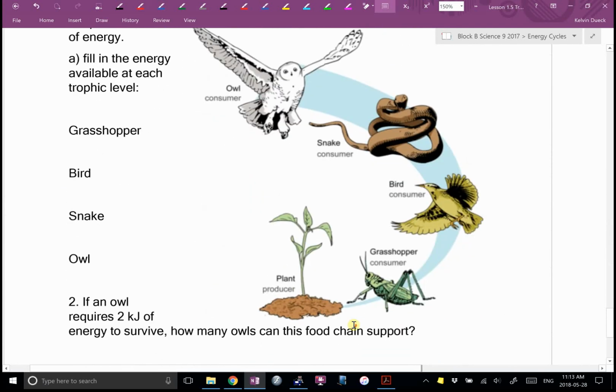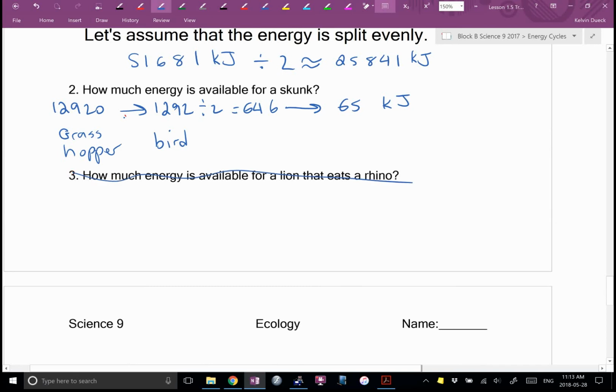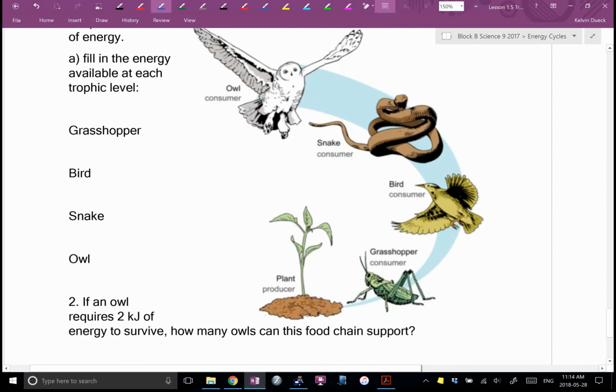Oh, no, hang on, we got one more. Here's a nice straight one. So we're going to skip number 3. Sunlight gives the plant 54,000 kilojoules of energy. Fill in the energy at each trophic level. So we have 54,000